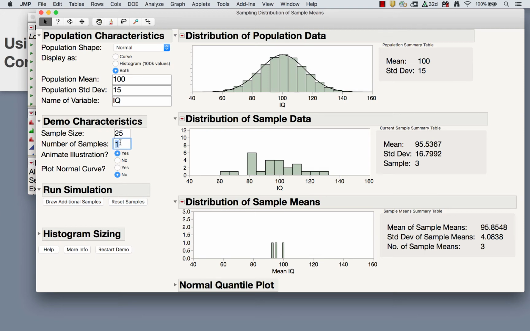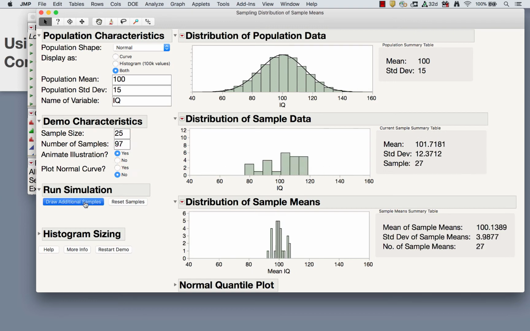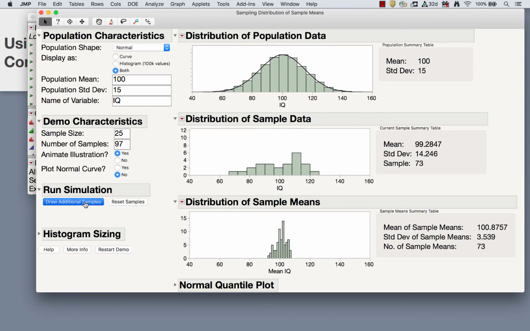So when I want to take a bunch of samples at a time, let's say we take 97 more samples so we can get to a total of 100. So I'll take 97 more. This is when that animate is really helpful for your students to see what's happening. When I click draw additional samples, you see each one flash before you. If I didn't click animate, I'd just see the last one. So animate allows me to see them each flash before my eyes, and I see that distribution of sample means